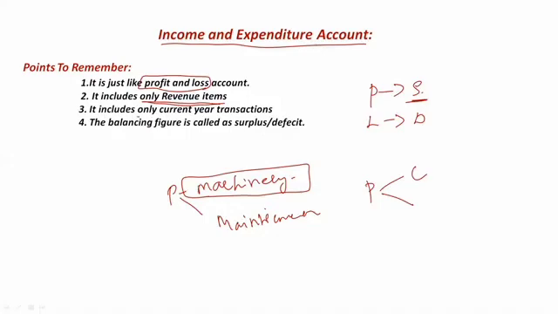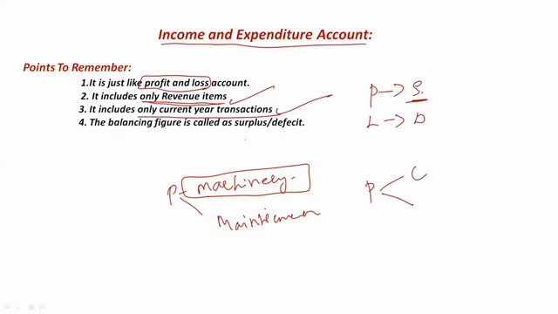It includes only current year transactions. In the question they might give you information relating to other years also. It could be the previous year, it could be the next year, the upcoming years, right? But you only need to consider the transactions which are related to the current year, and on this point there will be so many adjustments. So while solving adjustments, these two things are very important that you need to remember. Clear? Only current year transactions should be taken, right?